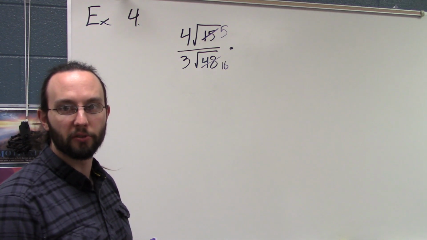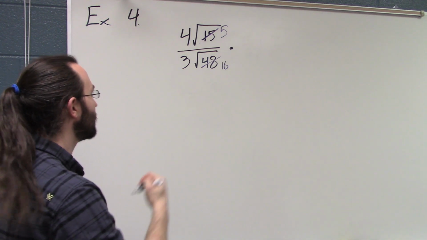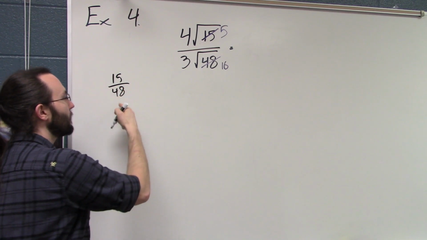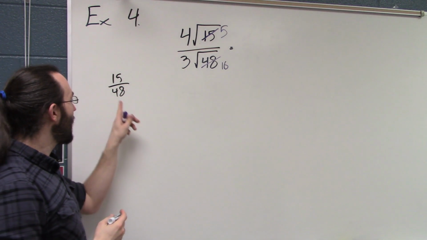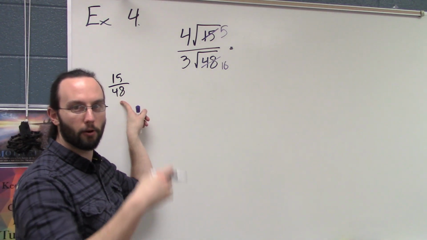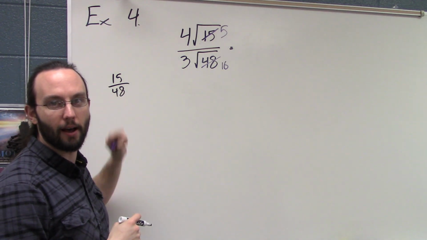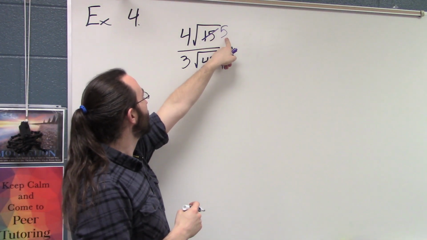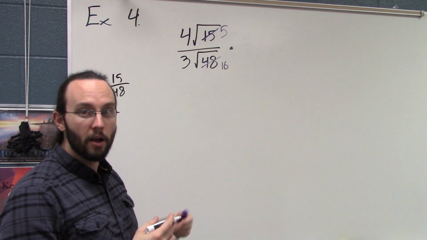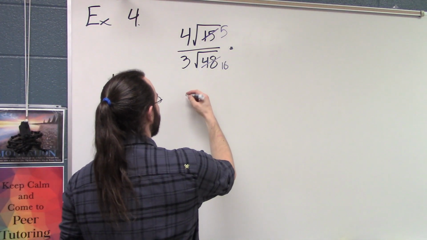If you have trouble reducing fractions mentally, keep in mind most scientific calculators will reduce a fraction for you if you put something like 15/48 into them. If you're using the TI-84, throw your hand up, I'd be happy to show you how that works. So 15 is divisible by 3, 48 is divisible by 3, so we can rewrite this as 4/3,